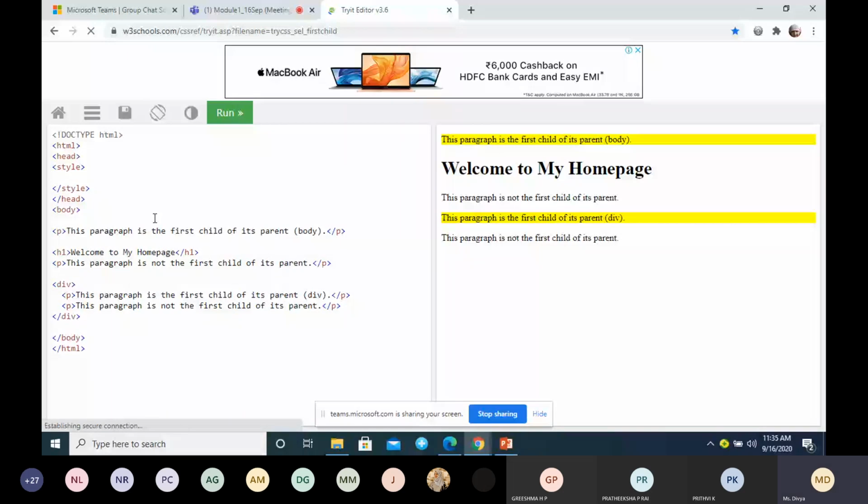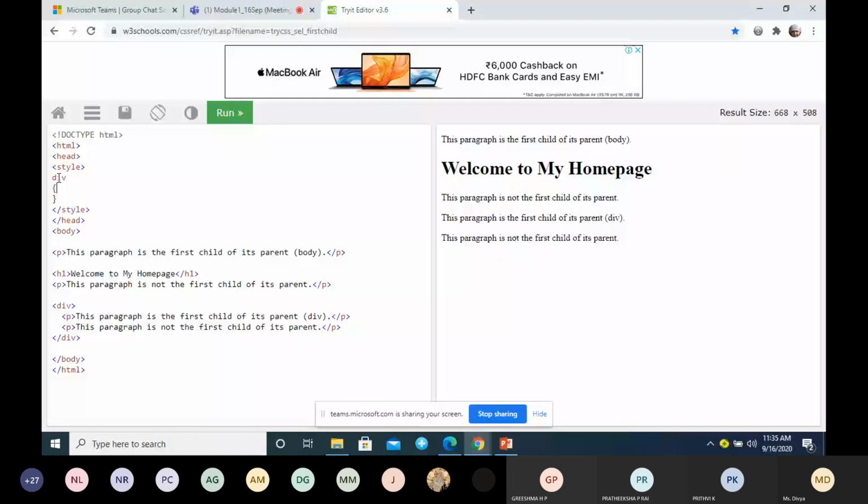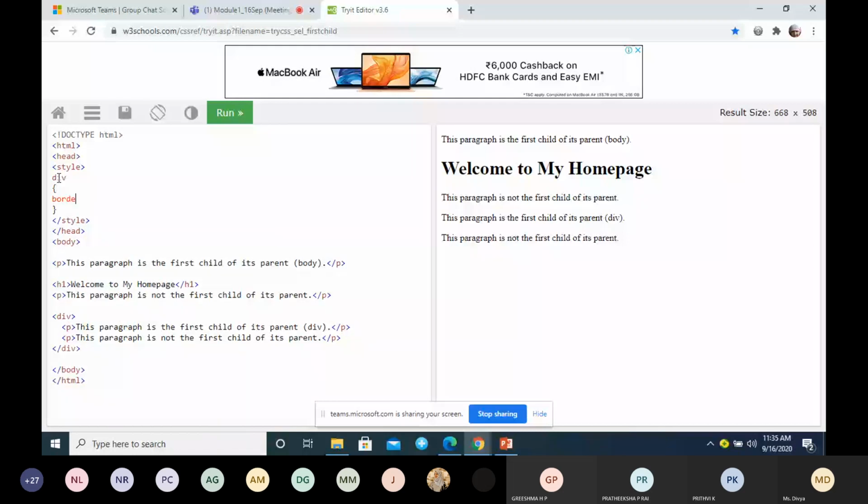Padding is nothing but the space between the contents and its border. First I will add a border to the view, so then it will be easy to understand. So I have given a border to the view.